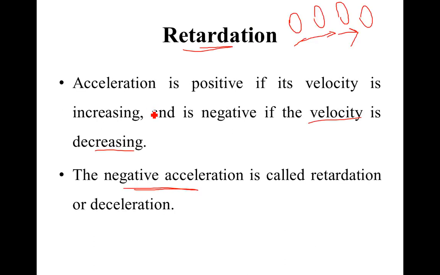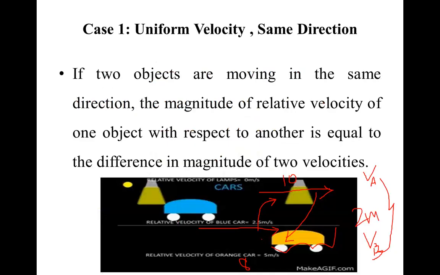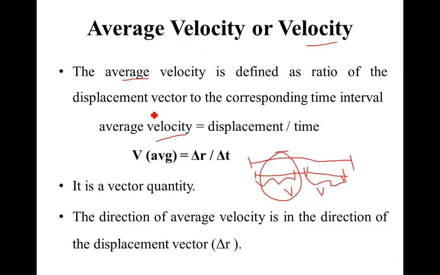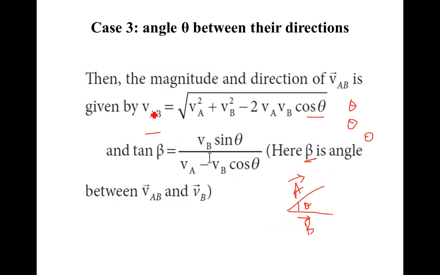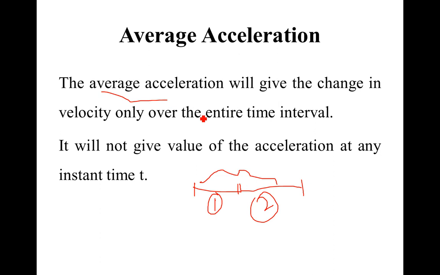So as it is, the next is average acceleration. As we saw in the case of average velocity, what is average velocity? You have n number of change in velocity values, add up, take the average. Similarly, if you have different accelerations, the acceleration of the object for the first case, and again from here the object is accelerating to one more position, here it is the second case, and if you add up all the things and take the average value, it is called average acceleration, which is similar to normal acceleration.